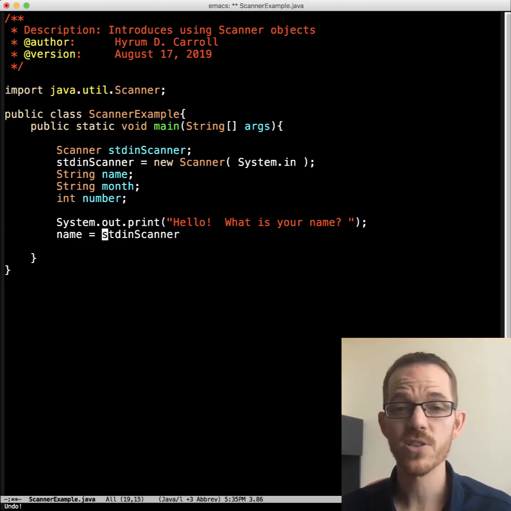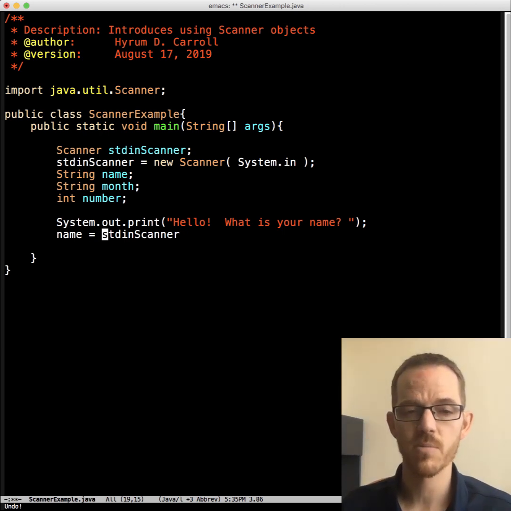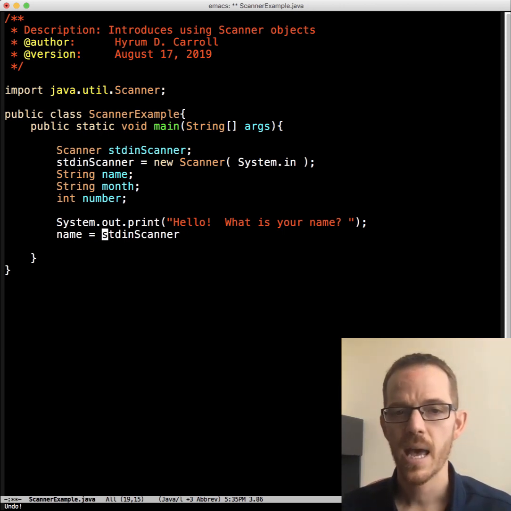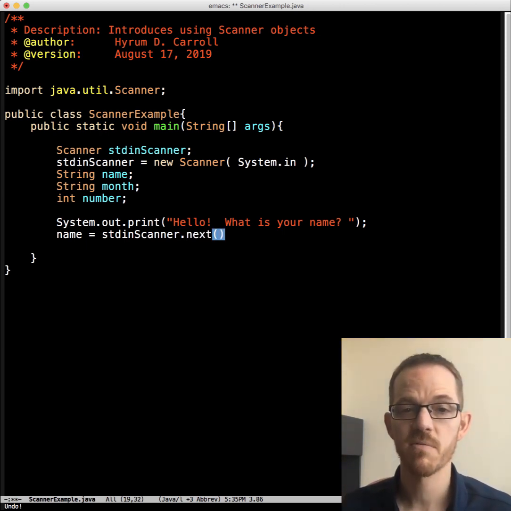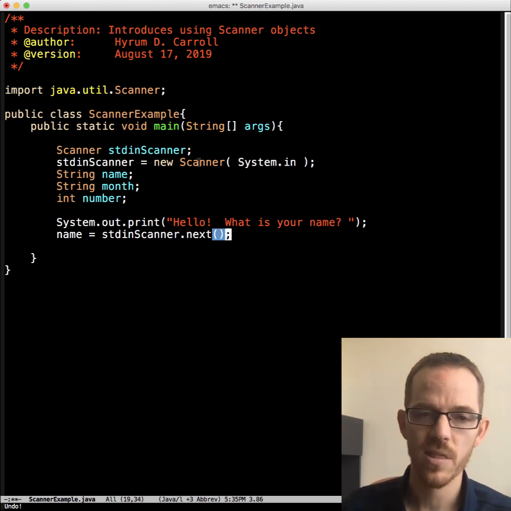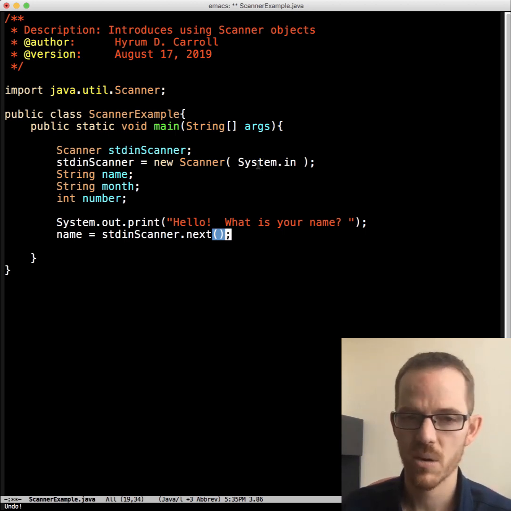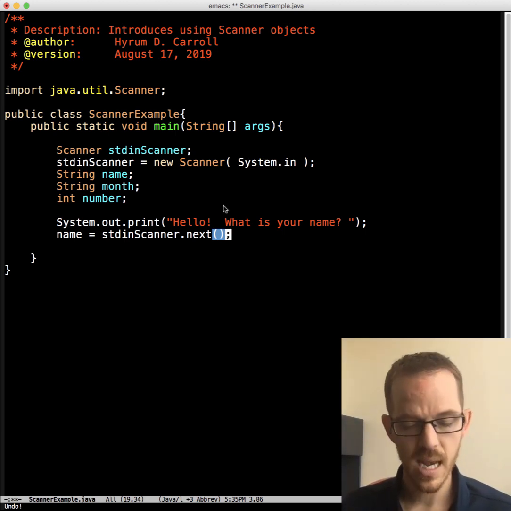We call the reference to our Scanner object, standardInScanner. When calling a method, we use the dot operator, and we're going to use next here. We're calling a method, so we have parentheses and then a semicolon. This calls the method next on this object, and we get the next token off of the input.